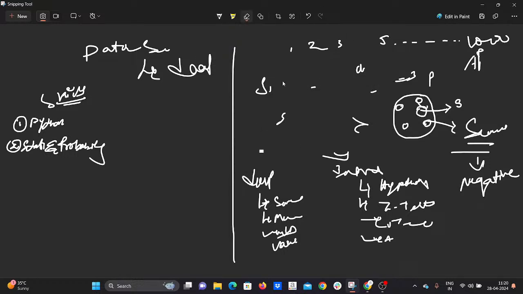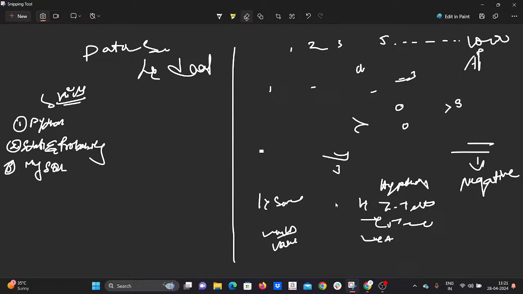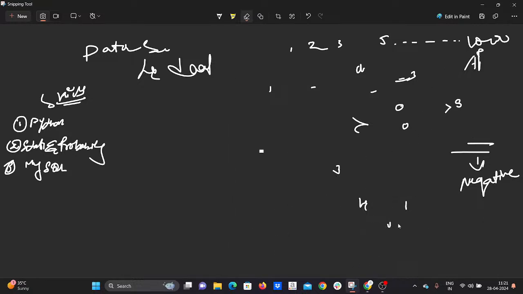Next, the skill we need to know is MySQL. This skill is necessary because MySQL is simply a database, where we can store data, retrieve data, and analyze data.